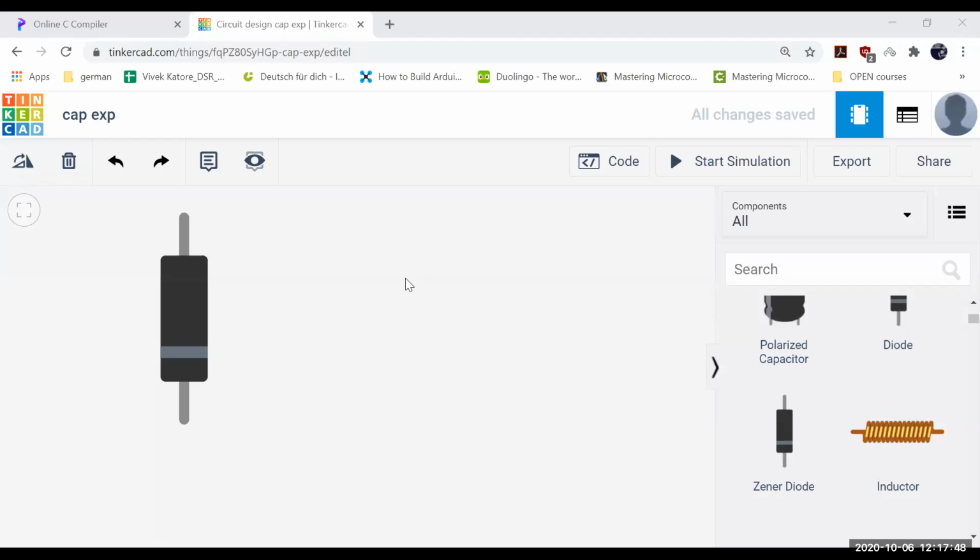Wait, actually my screen got disconnected, so I will share this screen only. Now you should be able to see the screen. Can you see the screen, everybody?